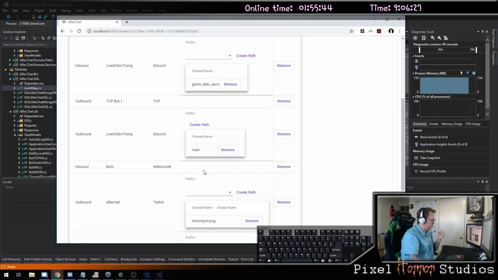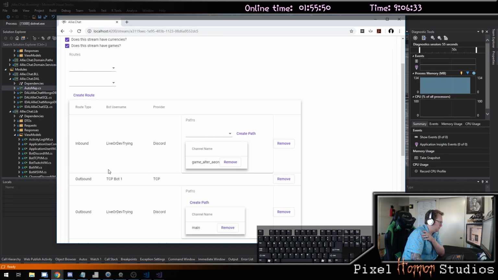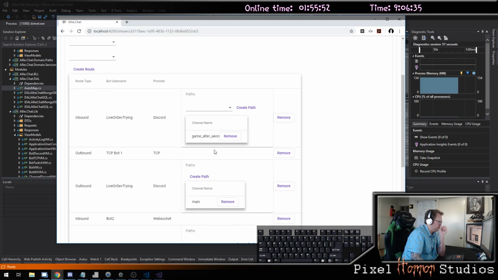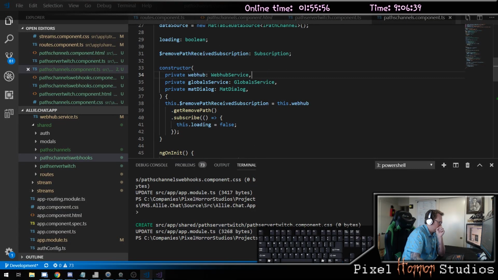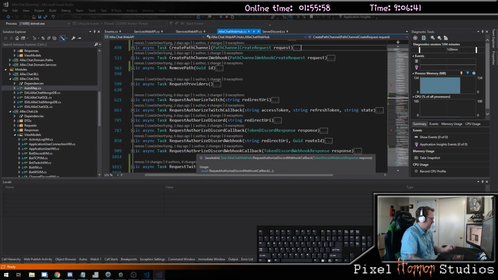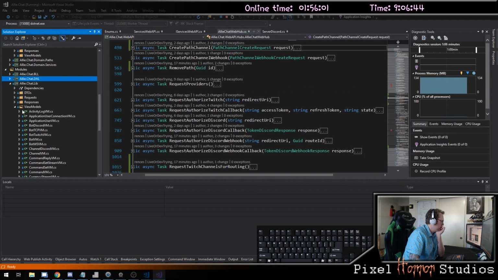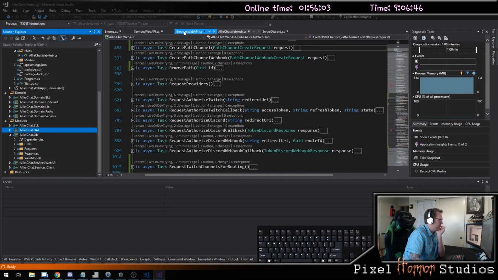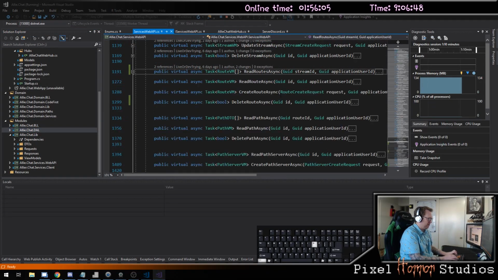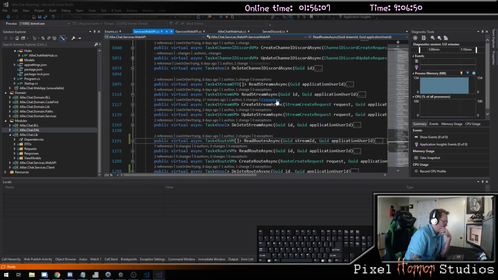So I think all I want to do right now is, when these ones get created, outbound and inbound WebSocket routes, we want to make sure that we include a server. So if I look at my backend here, under my services, where we are creating my route,